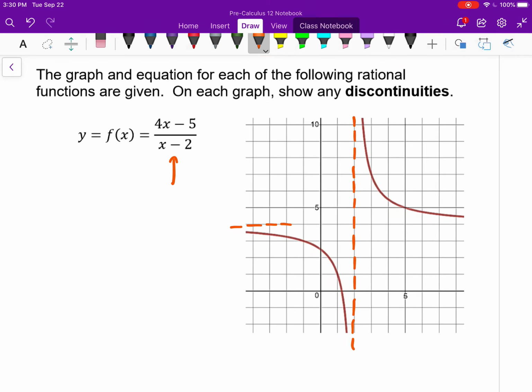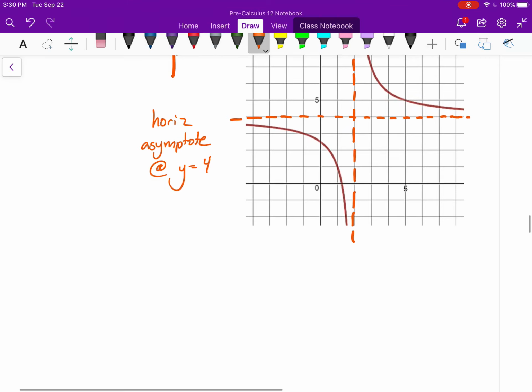But I can see it must be right here, because all these graphs are symmetrical. And if I draw it anywhere else, these two graphs won't be symmetrical from each other around this. And so there is a horizontal asymptote. We say there's a horizontal asymptote at, in this case, y equals 4. And there is a vertical asymptote